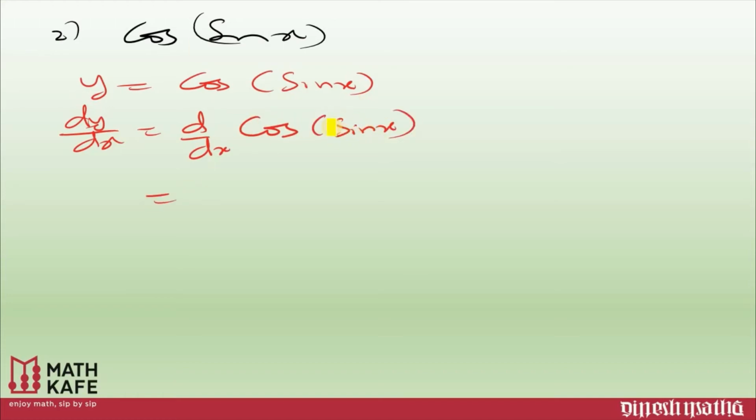Let us see another example. Say we need to differentiate cos of sin x. Same way we'll start, y is equal to cos of sin x. dy by dx means it is d by dx of cos of sin x. Again, immediately assume that this is just cos x. If it is cos, you know the derivative. As it starts with co, the answer is going to be negative sine of whatever angle comes, which will never change. Simple thing, whenever a trigonometric function comes, in our traditional Indian way, it is an angle. You are not supposed to poke at the angles. So the angle keeps remaining the same. It will never change.